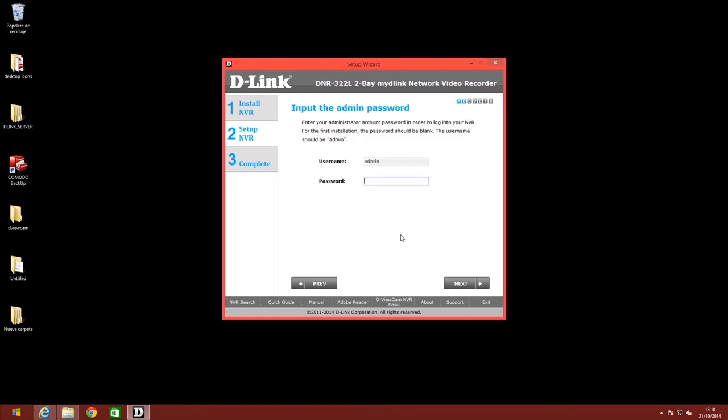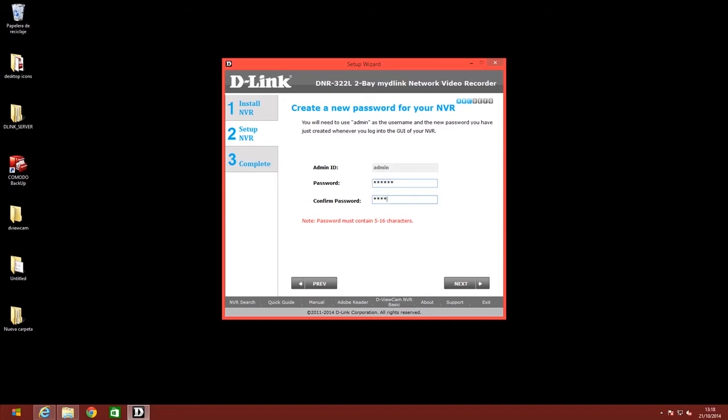When you begin, the username is admin and the password is left blank. So at this point you just leave it blank and click next. Now you actually configure the admin password for the device. Note that it does say between 5 and 16 characters. Clicking next again,